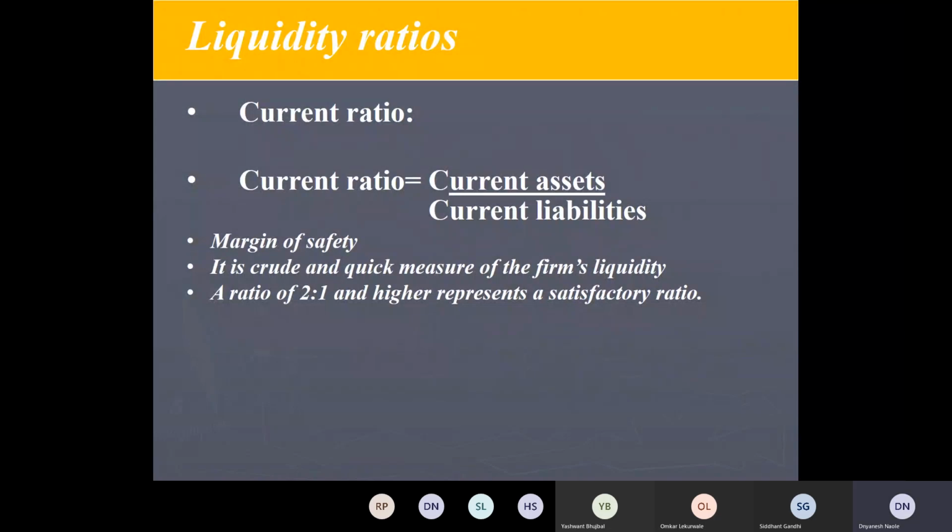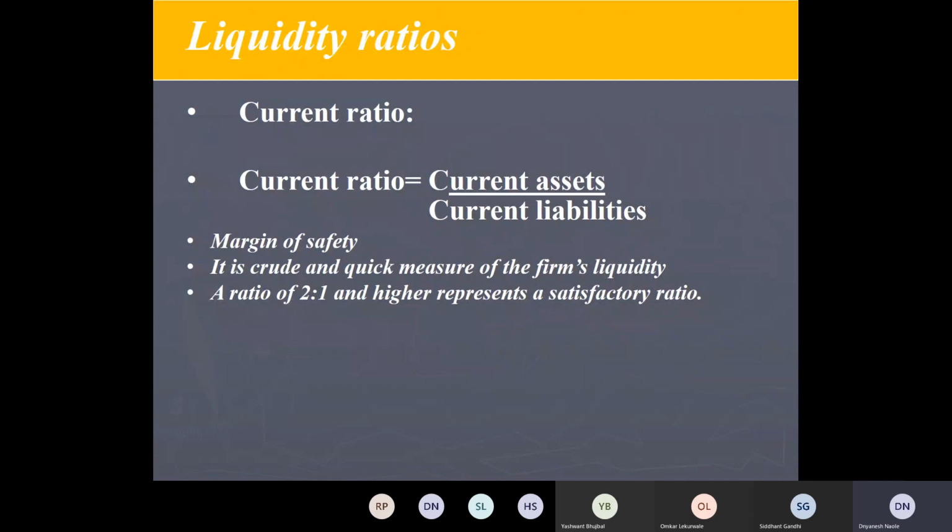So current ratio is termed a crude and quick measure of the firm's liquidity, but it doesn't mean you should not be aware of other things. It's just a quantitative figure. Liabilities are not subject to any fall in value, as we already told. They have to be paid under any circumstance, but the current assets can decline in value. If the firm's current assets consist of doubtful and slow paying debtors or slow moving and obsolete stock of goods, then the firm's ability to pay bills is impaired.